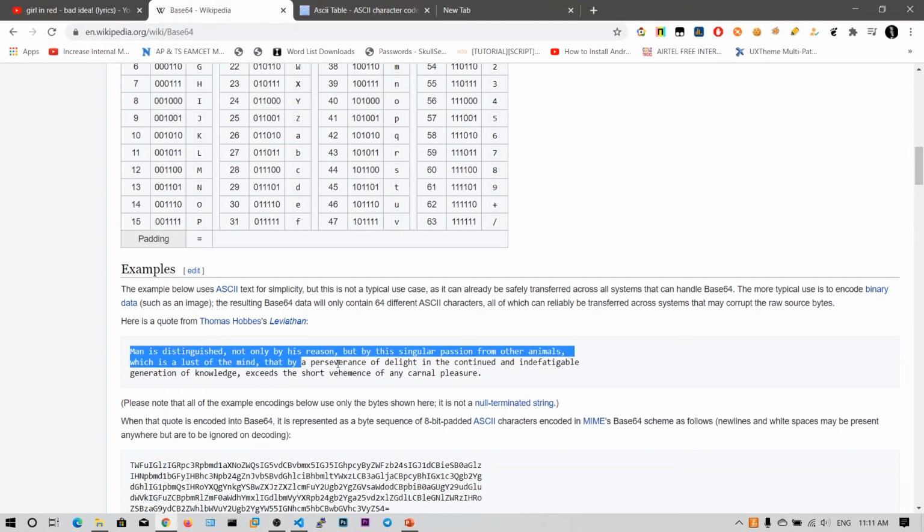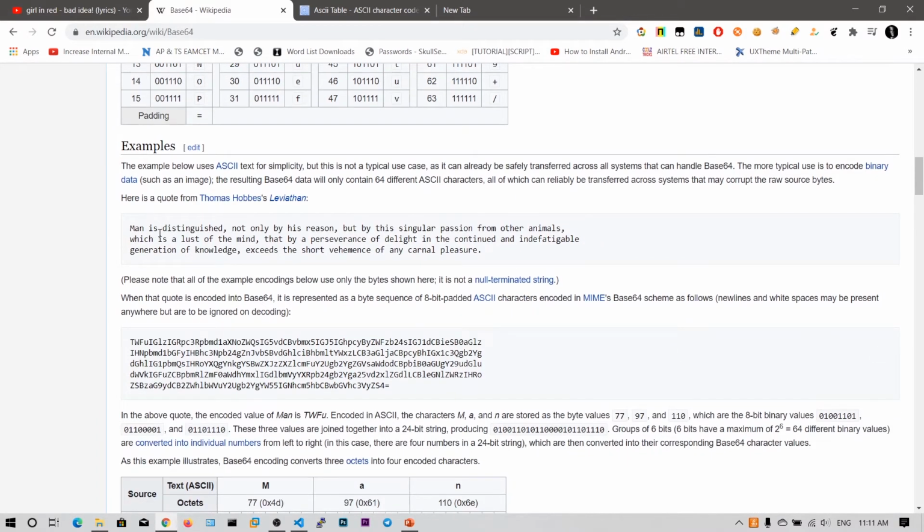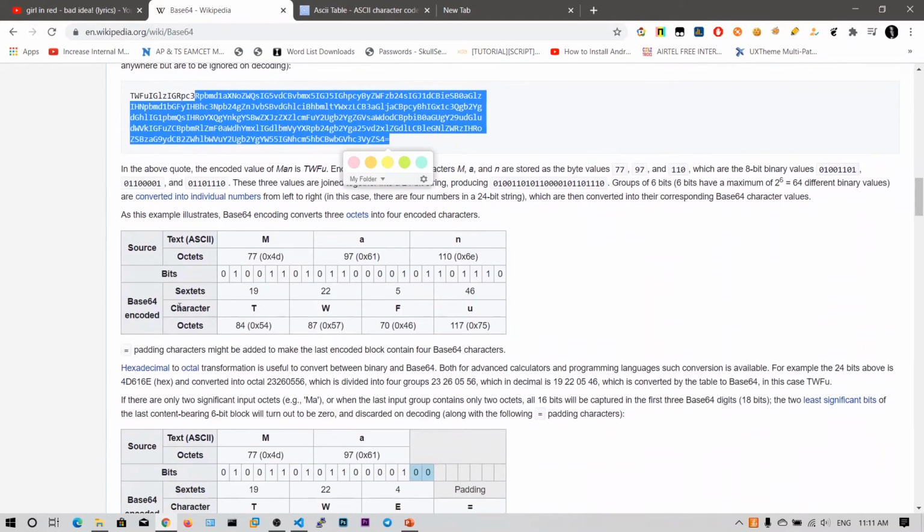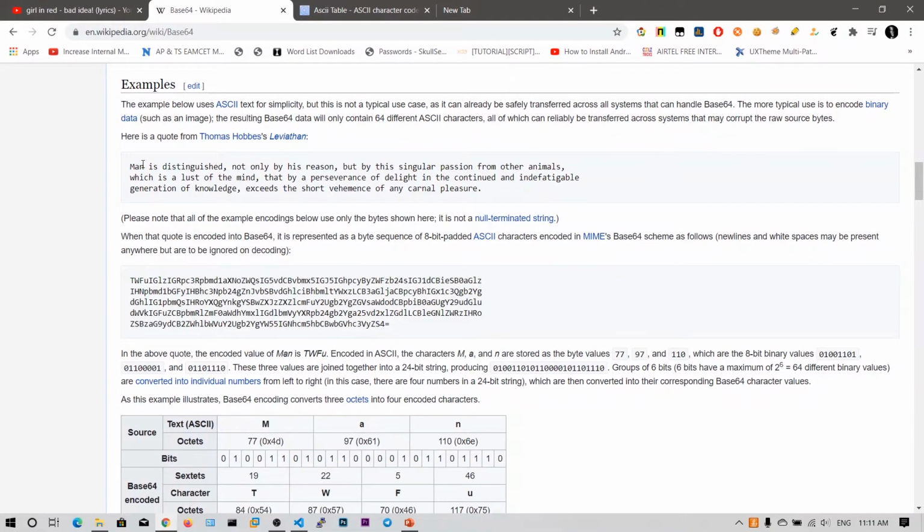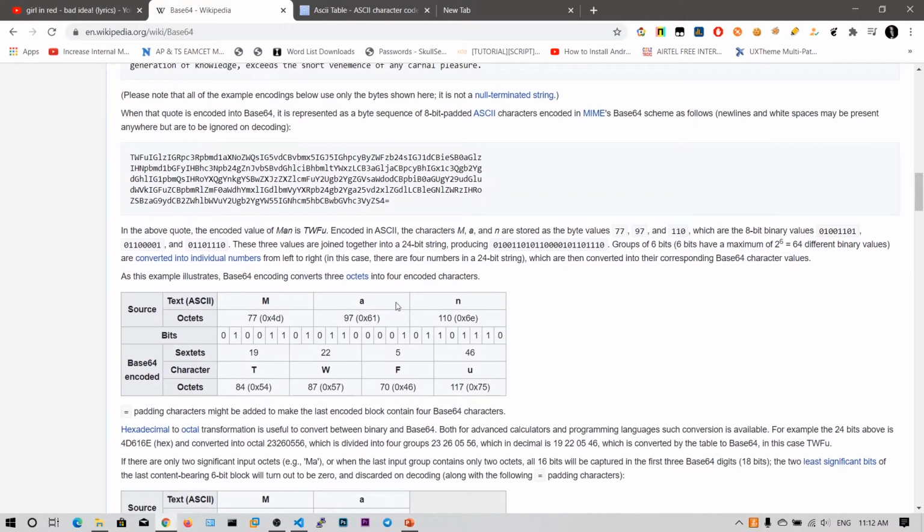This is a plain text I want to convert: "Man is distinguished". Let's take a look at this "Man", and after base64 encoding we get this one. First, in base64 we need to take 3 characters or bytes at a time. So the first group is MAN. In the hexadecimal representation, capital M in ASCII is 4D.